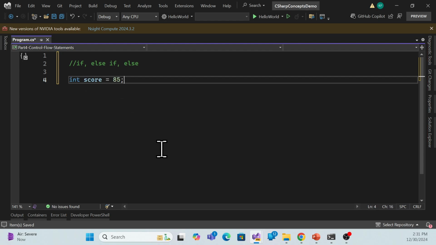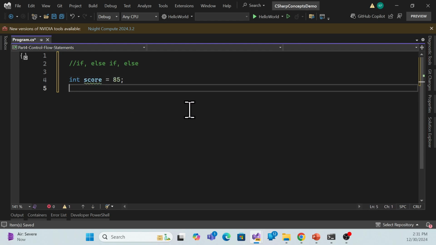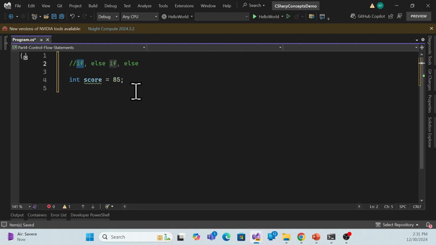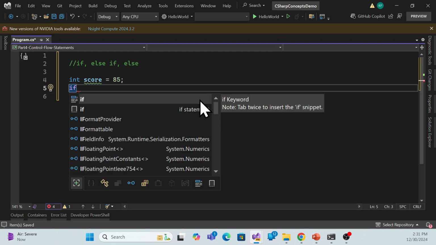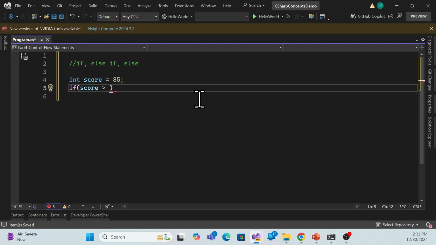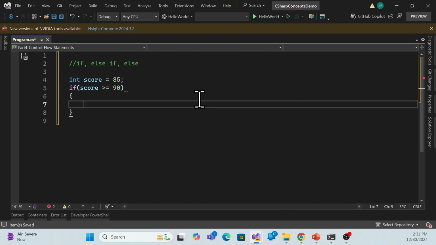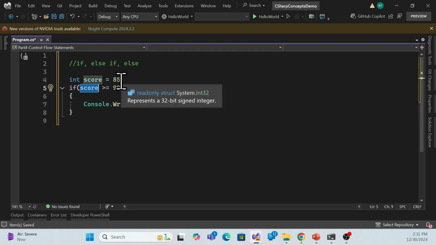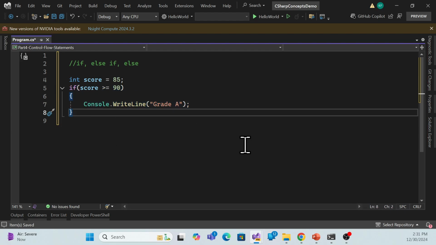First of all, let me declare a variable called score, and then we'll start the if statement. So what is an if statement? Let me write it down over here, and make this one suppose 90, right? I make a condition inside that if, and if it matches this condition, suppose the score is more than 85, or it is 85, then we print out this value. Else